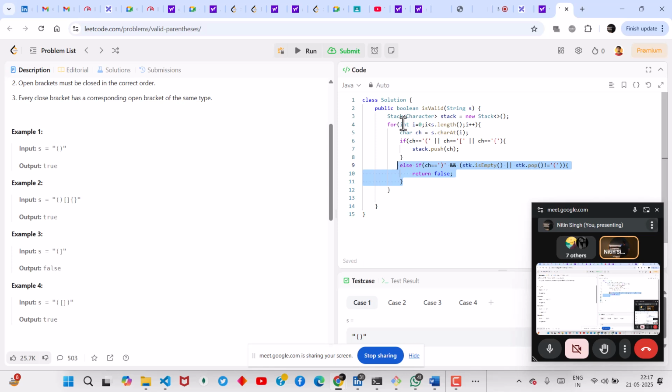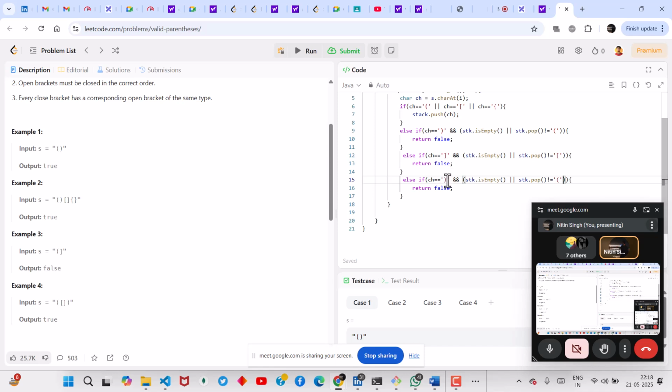And I'm going to do this for both of the remaining cases. Copy this, paste, paste. So in this case, the bracket I got now is the closing square bracket, and at the top of my stack I'm not having the opening pair of this, I'll return false. Again, if it is closing braces, and at the top of my stack I'm not having the opening pair of that,